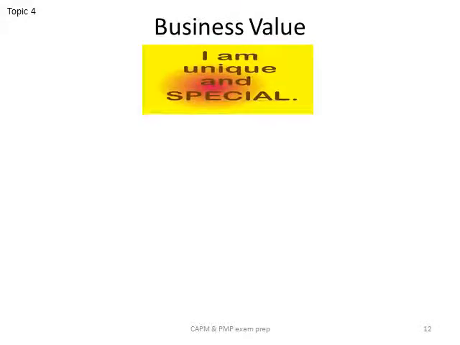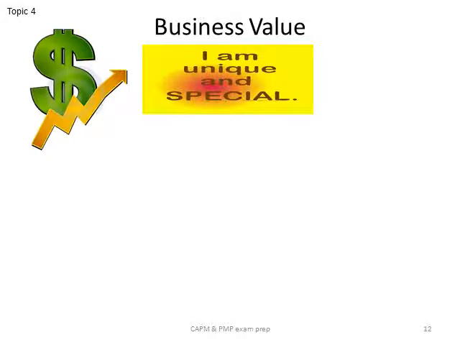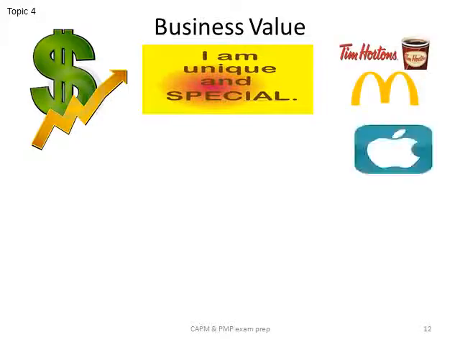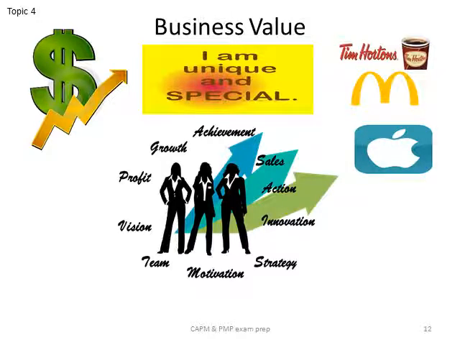Topic number 4. Business value. Business value is a concept that is unique to each organization, and often it is defined as the sum of tangible and intangible elements within the business. Examples of tangible elements: monetary assets, stockholder equity, fixtures, and buildings. Examples of intangible elements are goodwill, brand recognition, trademarks. Value is created through effective management of ongoing operations.